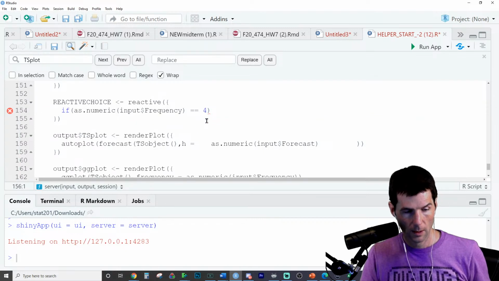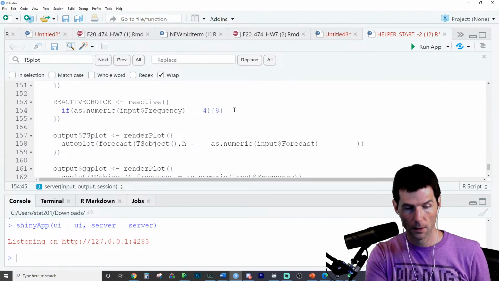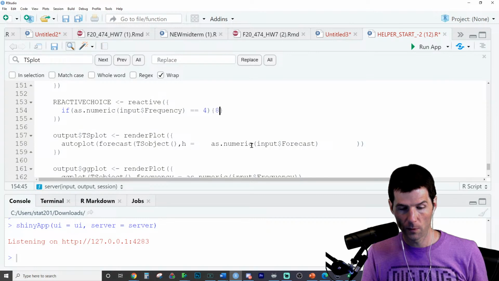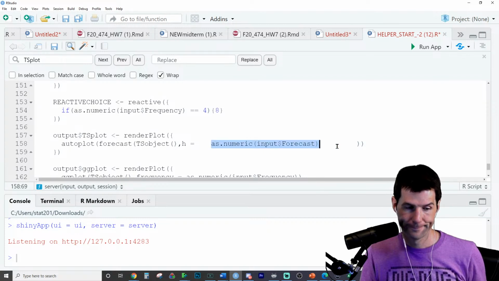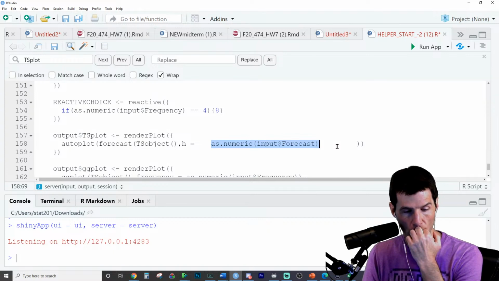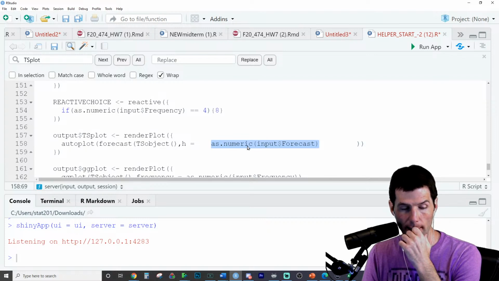If it's equal to 4, then I think we should be able to just store, then let's do 8. So this is getting a little more complicated right here. I think it needs to go back up here.